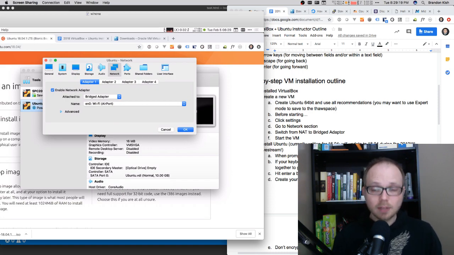and actually make it look like this one computer that's plugged into your network or is on the Wi-Fi has two separate computers running in it. It has two IP addresses. One of the IP addresses is going to be for your VM. One of the IP addresses is going to be for your regular computer. And that's actually important because it's going to allow us to type in that IP address to look at the